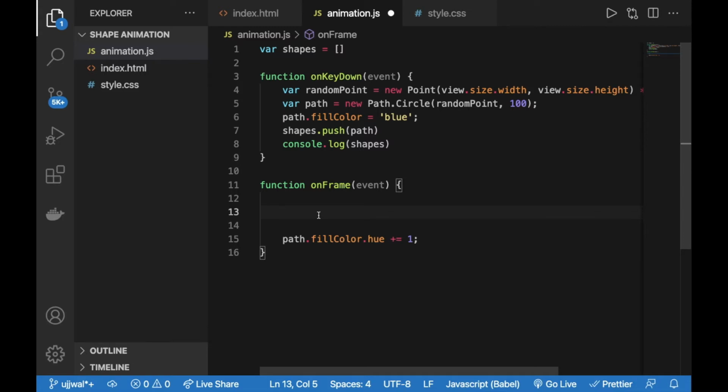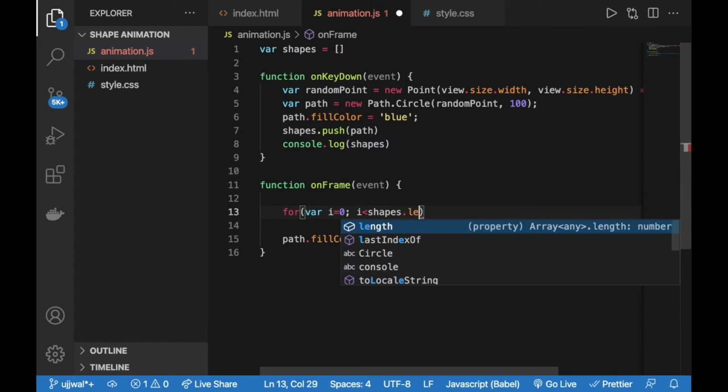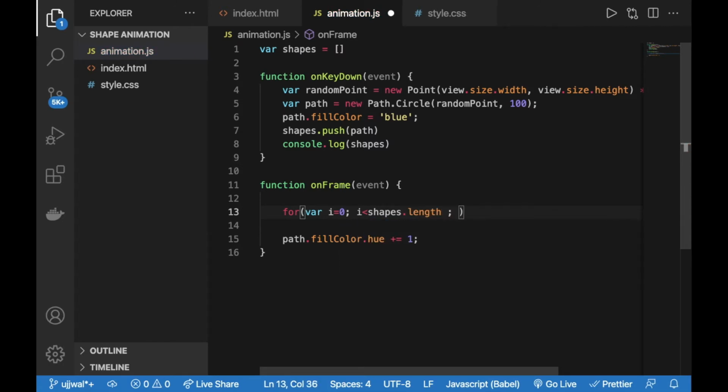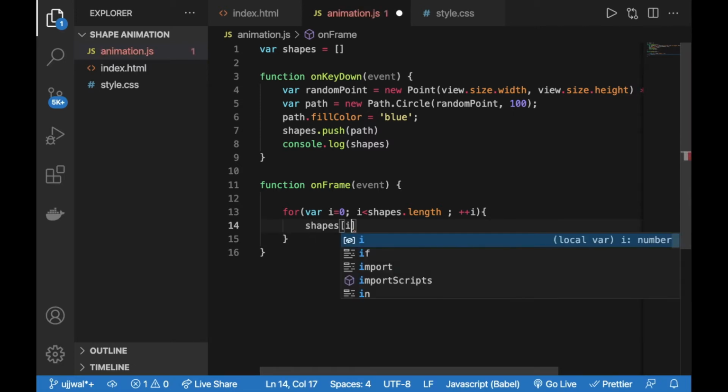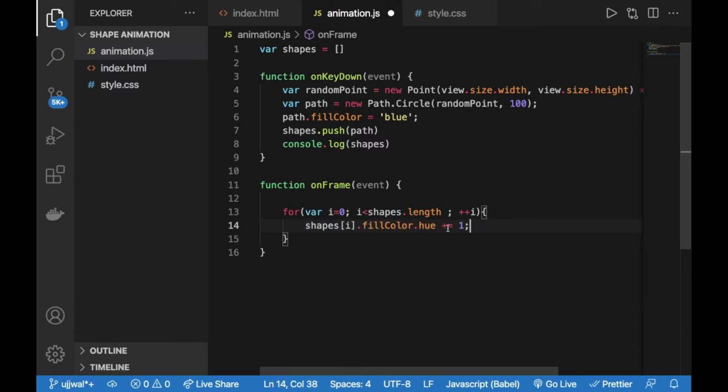For that purpose I am using a for loop: for var i equals 0; i is less than shapes.length, and shapes.length will give me the number of elements that the shapes array has; i plus plus. Let me open it out and cut it here. Then I'm going to go for shapes[i], the ith element of shapes, and change the hue, or you can say I'm going to add one to the hue.